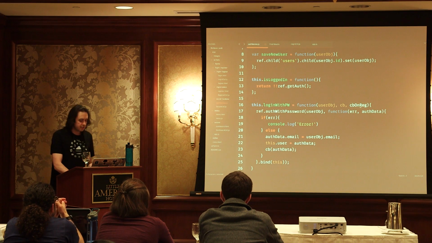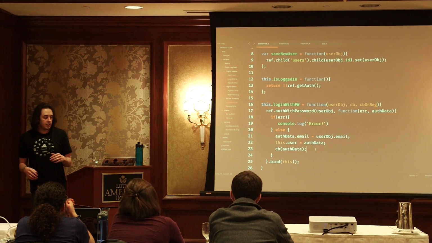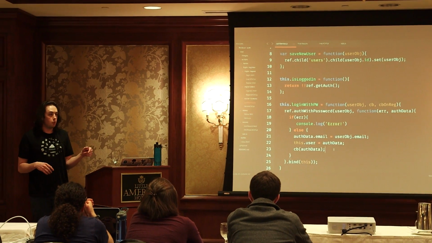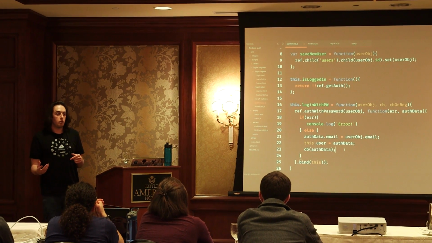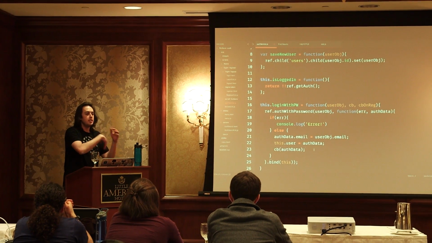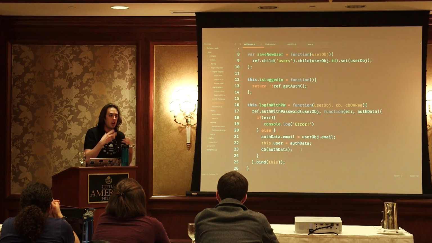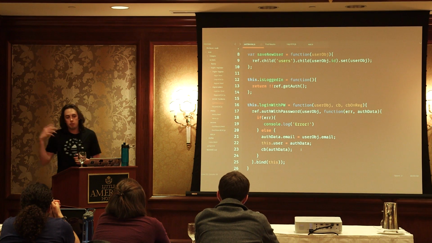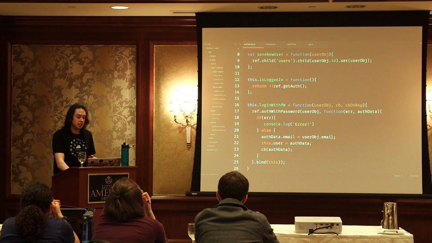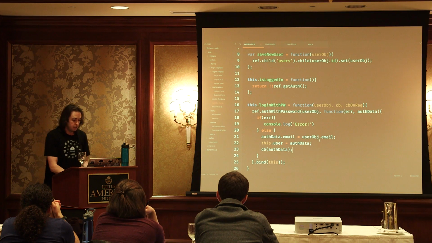This is kind of weird, and there's probably better ways to do this. But essentially, I'm eventually going to call login with password whenever I register. What we want to happen is when someone registers, we do all the Firebase stuff, we save that information, and then we don't want them to have to log in. We want to do that automatically. So we'll have them register, and then immediately inside of our function, we'll do our login stuff, and that'll make sure that they see the page that they want to see rather than having to log in after they register.